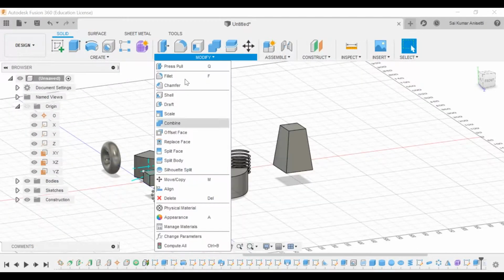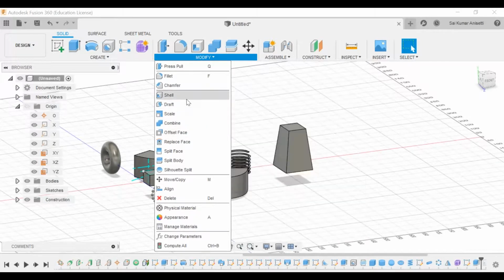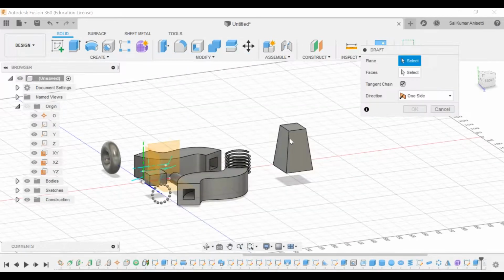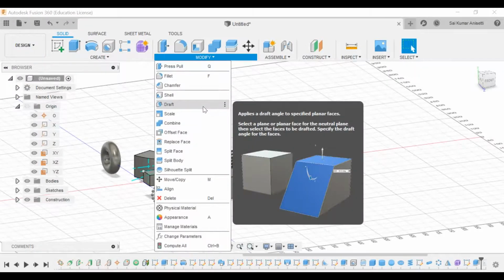And even press pull, all these things, we'll just go through in the next class. So even draft also. Taper and draft: draft can be of only one direction. Taper is in all the directions. If you give draft for all the directions and in all the sides, it would be a simple taper. Okay, this we will go with in the next class. So another way to give a taper is a simple draft.